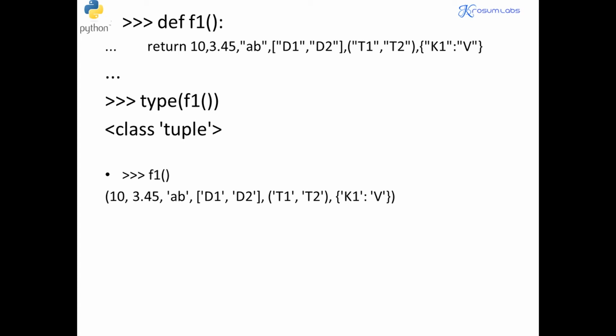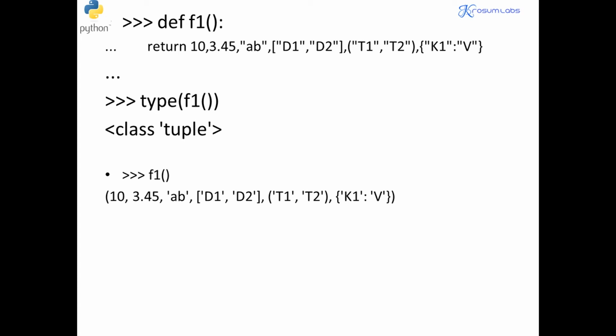In many real-time programs, connecting over SSH to a remote system and executing a command, the output will be a tuple type. With the subprocess module, which we will discuss later, the module executes and returns an object, and then we call the communicate method. There are some methods that return a tuple.